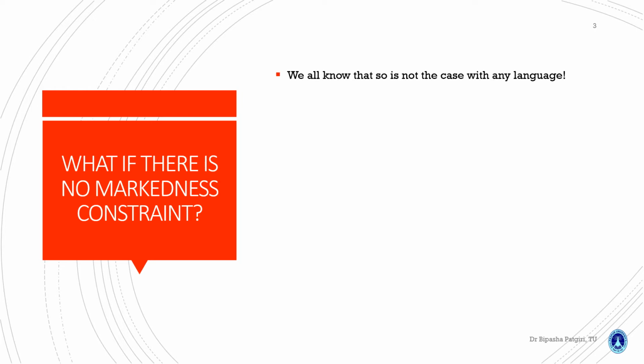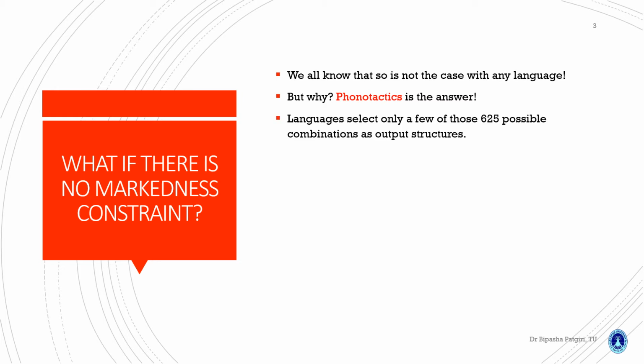We all know that this is not the case with any language. So no language actually allows either 625 or 15,625 lexical combinations or sound combinations. Why? Because of phonotactics. Because of phonotactics, languages do not allow certain sound combinations but do allow some others. Languages select only a few of those 625 possible combinations